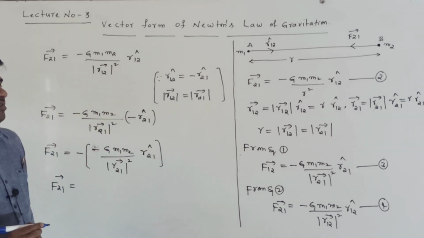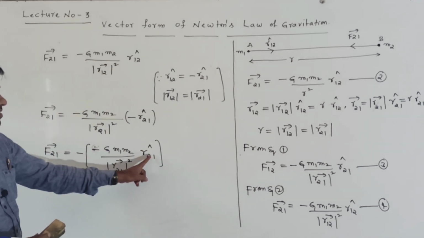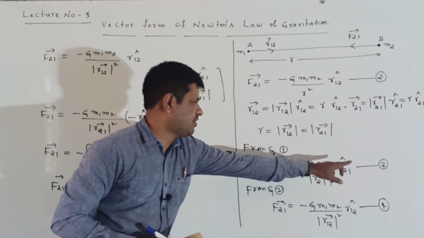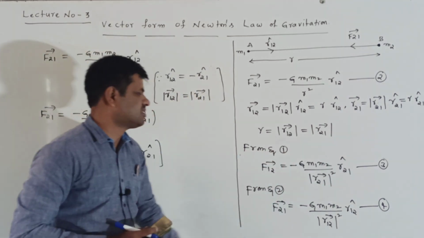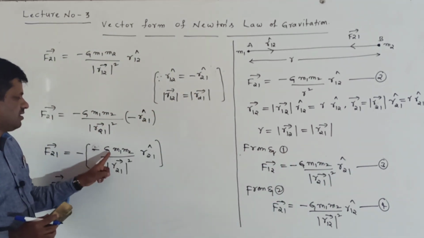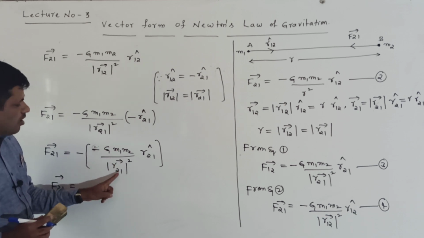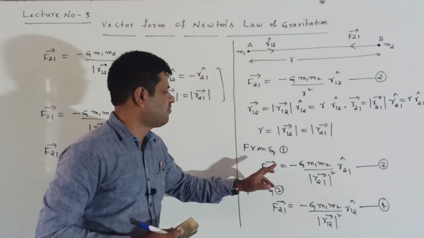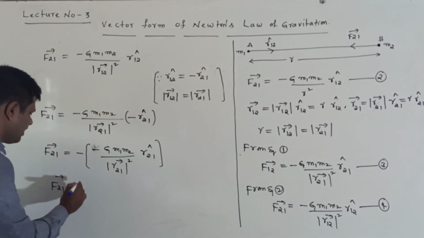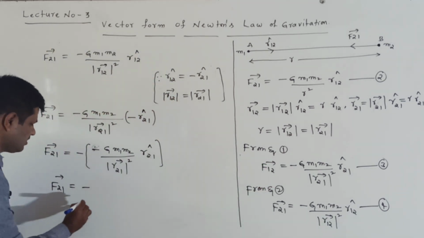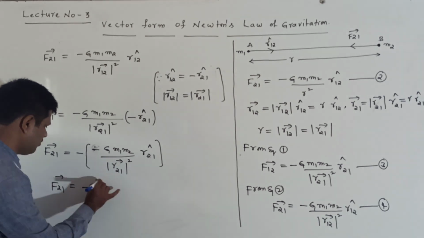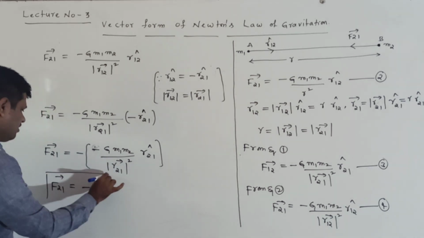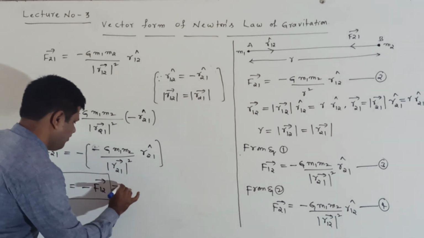Now observe equation 3. In equation 3 this value is the same. So from equation 3 we write this, minus G into M1 M2 by mod R21 bar whole square into R21 cap, can be written as F12 bar. So this already has the minus, and the remaining can be written as F12 bar. This is called the vector form